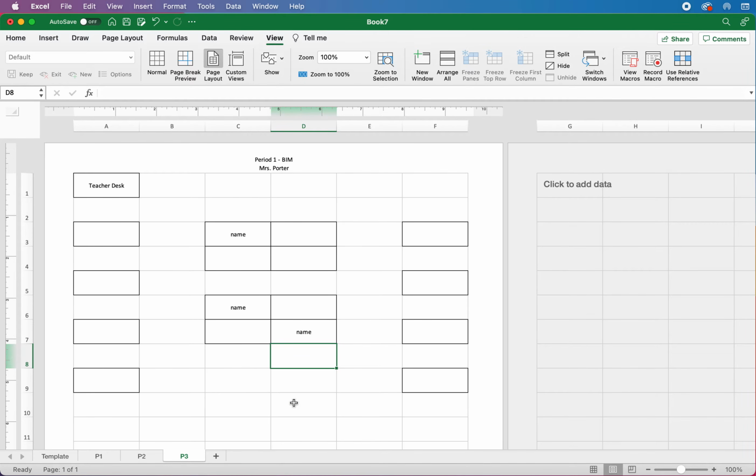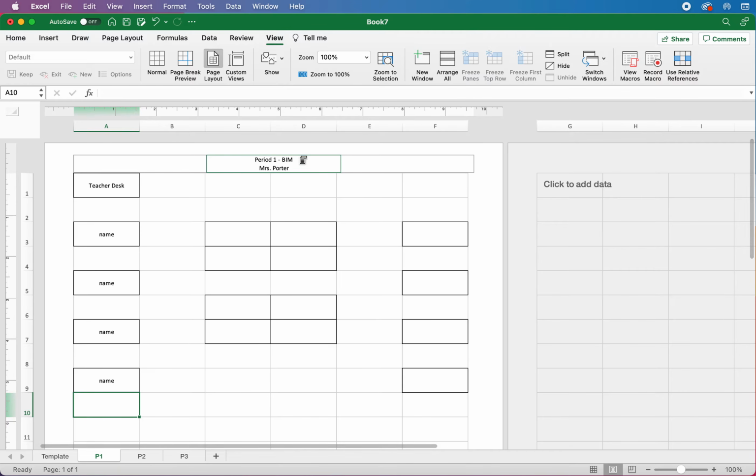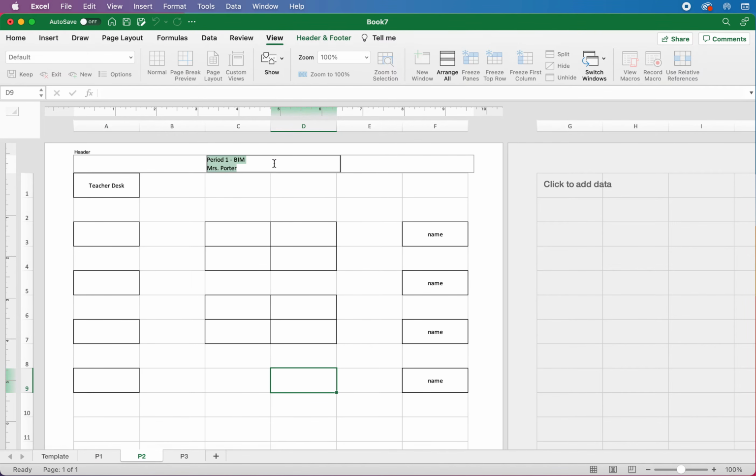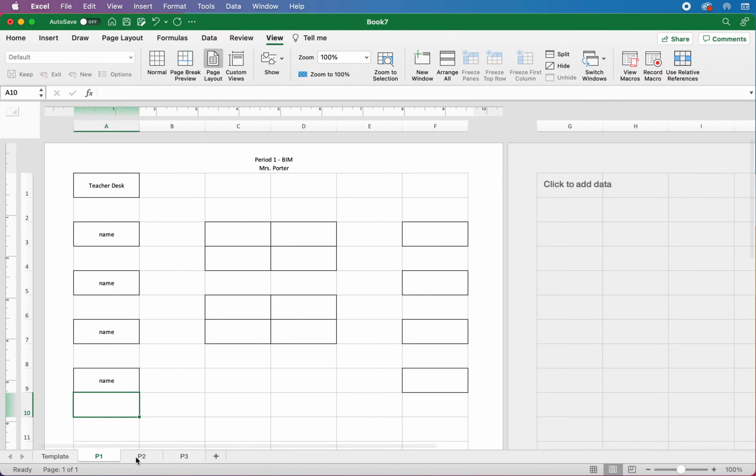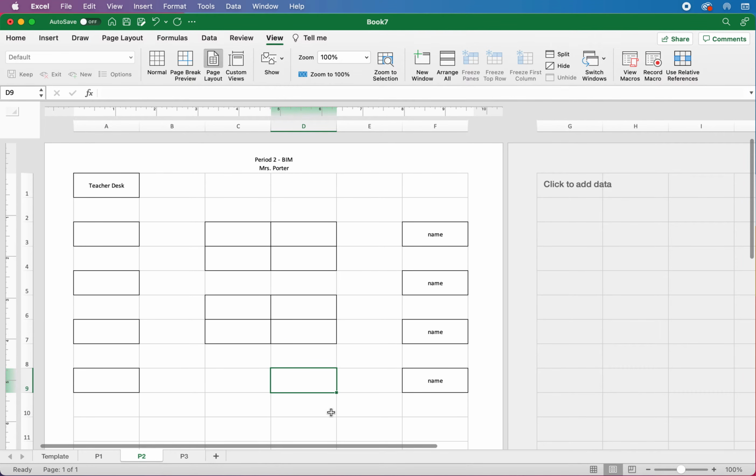Okay. Now let's pretend we've got all our names done. Let's go through and make sure that what is up here is correct. So I have period 1 BIM, I have a period 2 BIM, I have a period 3 Money Matters, for example. Okay, so now we have period 1 BIM with names, period 2 BIM with names, period